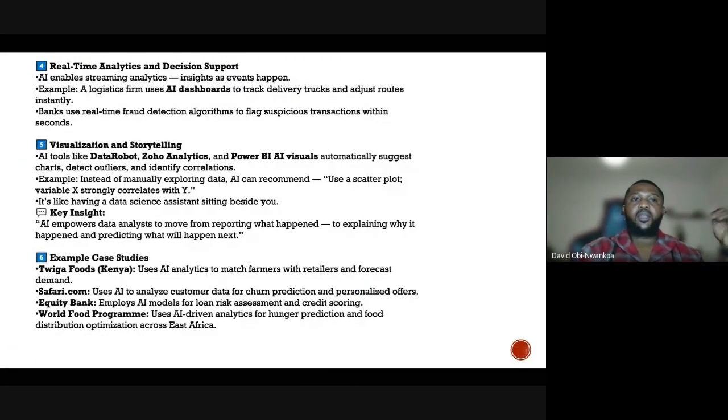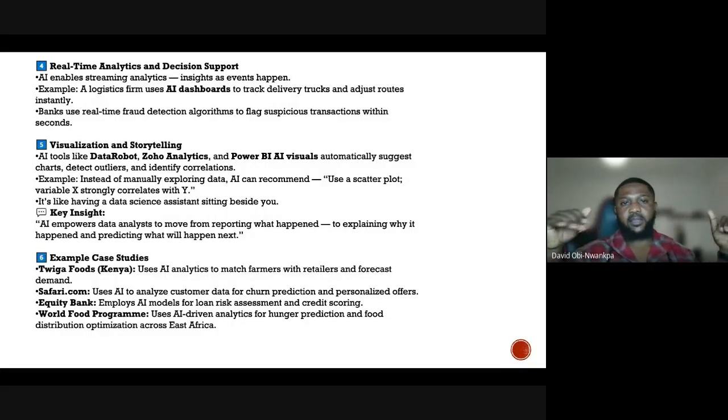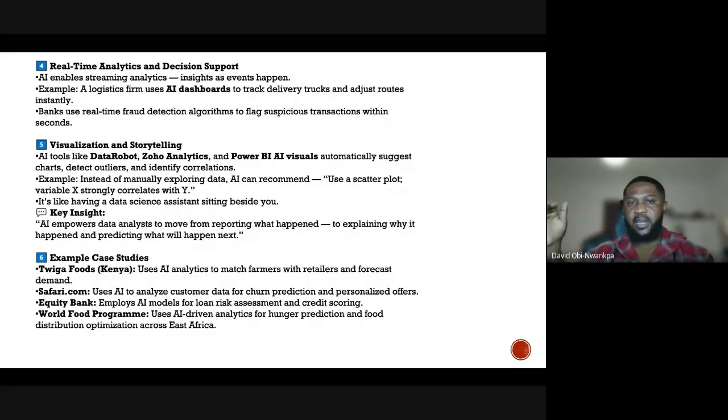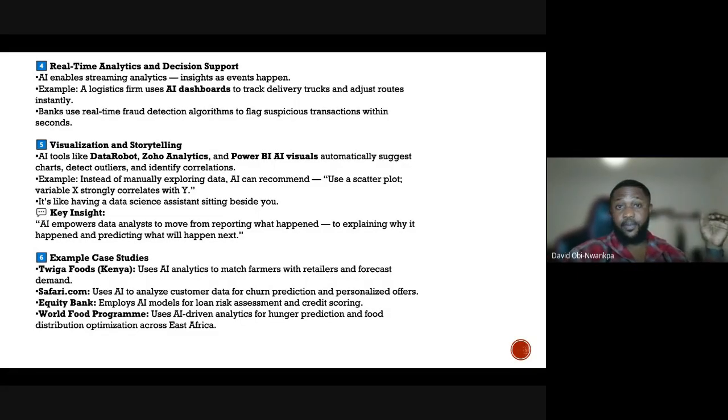The next one, number 4, is real-time analytics and decision support. Obviously, everyone knows real-time is exactly like right now, any data that is gotten, how it can be automated. So let me read down the bullet points. AI enables streaming analytics insight as events happen.